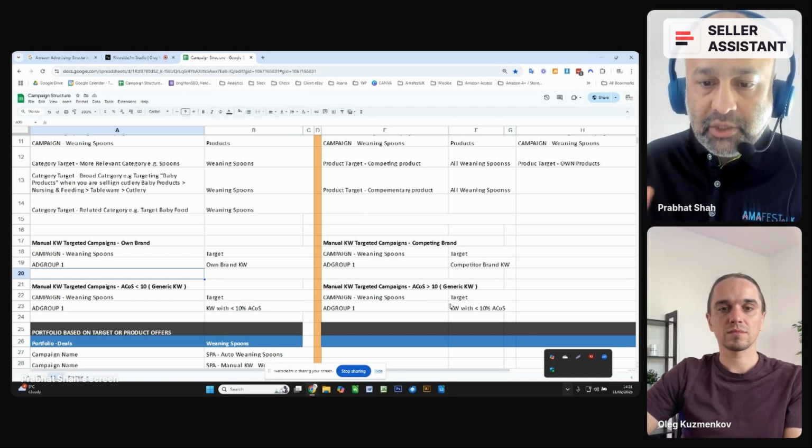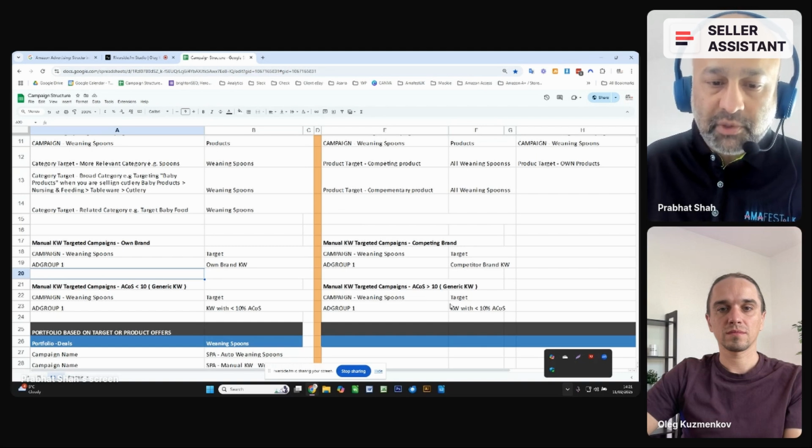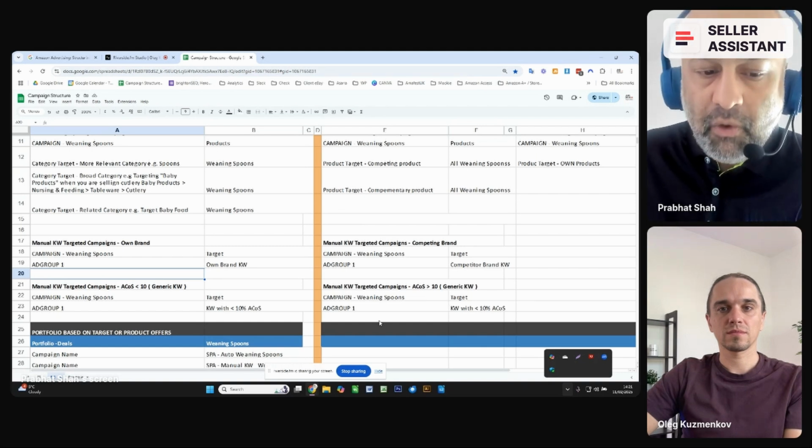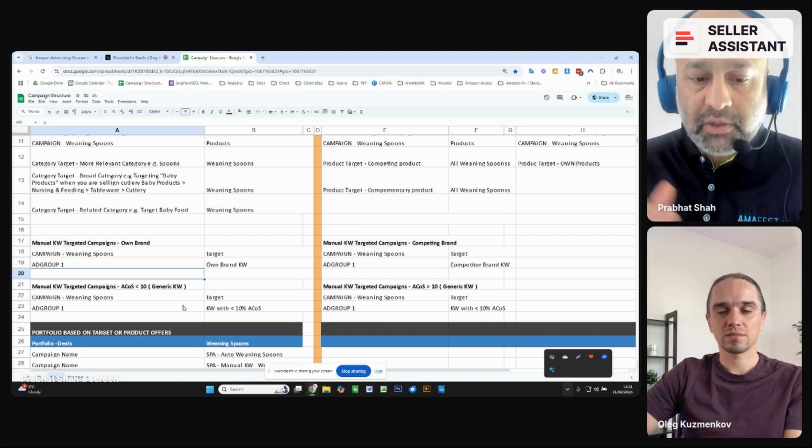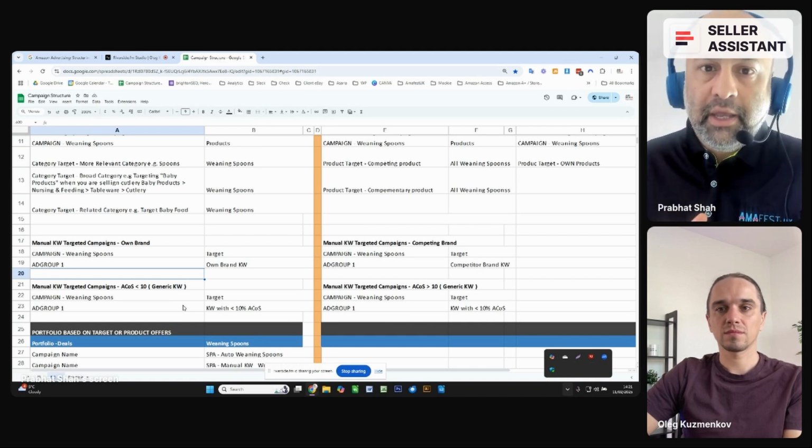So by doing this, you are again analyzing your results in the best way possible, because imagine if all the keywords are in one place, and if you wanted to very strictly control the cost of sales, and they are in different positions, some maybe 10%, some maybe 15%, if you do it that way, there's nothing wrong. But if you wanted to control and put more focus on campaigns or targets with less than 10% ACOS, separate them. Then you can put more budget on the ones that are working well for you.